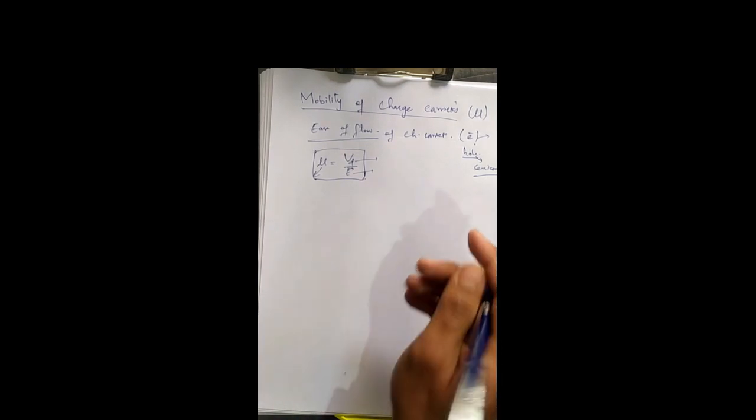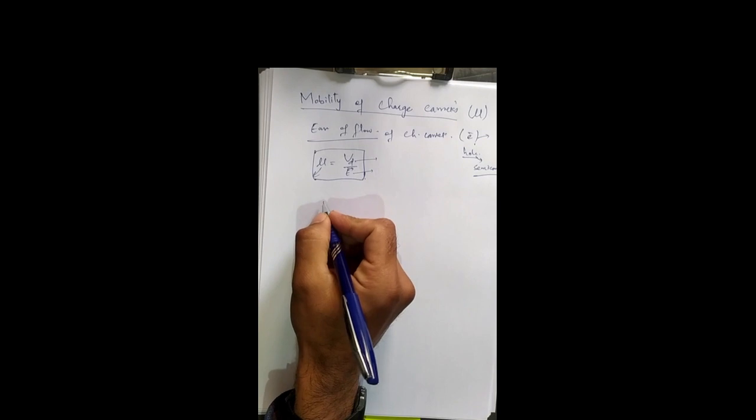There we will be discussing the concept of hole, that is the remaining part of the atom when an electron is freed from the material or the atom. So here, to understand the derivation of this equation, we should have a little knowledge